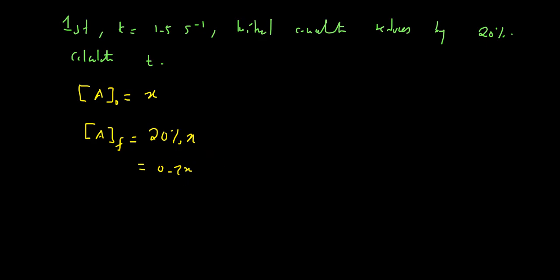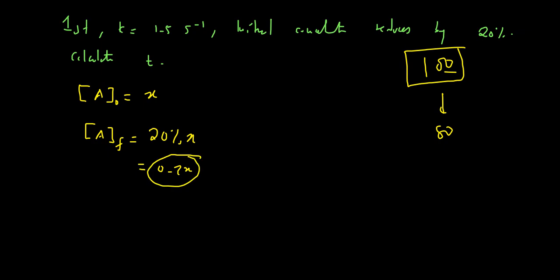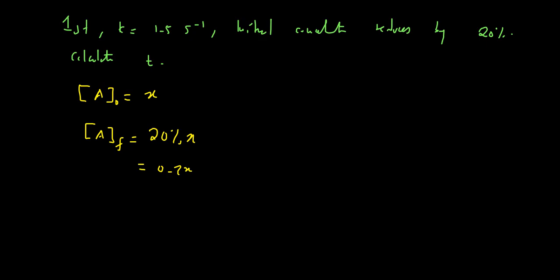because you've dropped it. Let's say I've got 100 kwacha and I've reduced my 100 kwacha by 20. If you reduce it by 20, where is it now? It is now at 80. You've reduced it by 20, so you've dropped the concentration by 0.2, but what do you have? The final concentration therefore is going to be 0.80x. Since this is a first order reaction, natural log of the final concentration is equal to